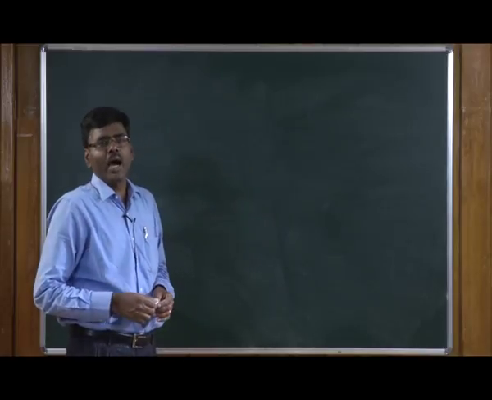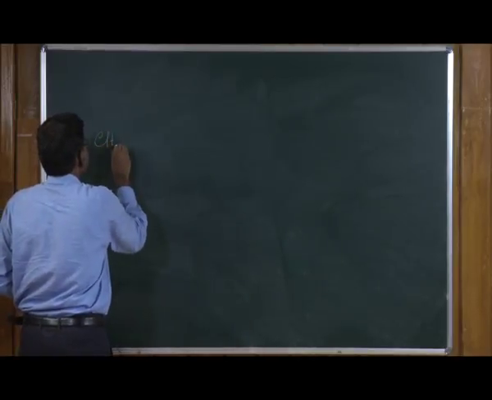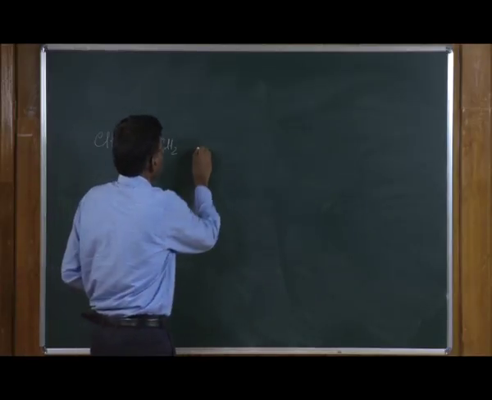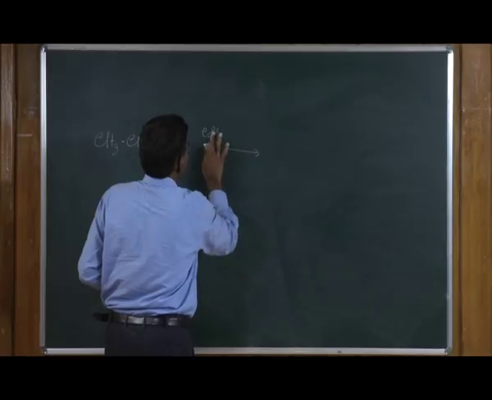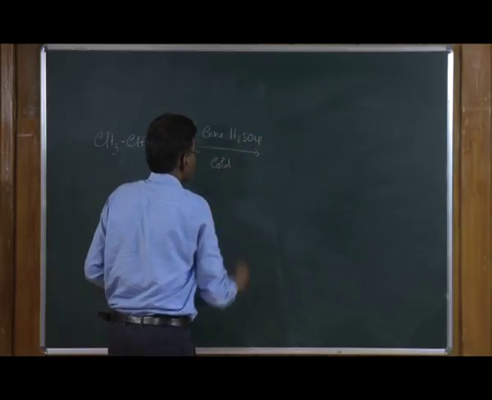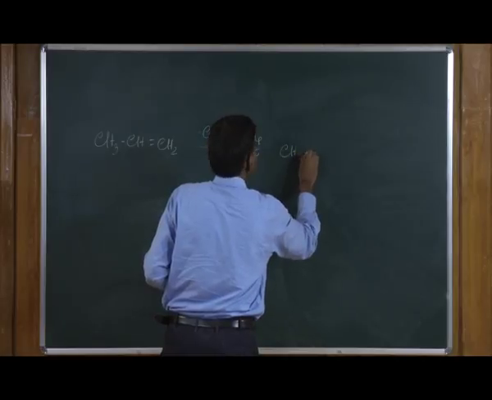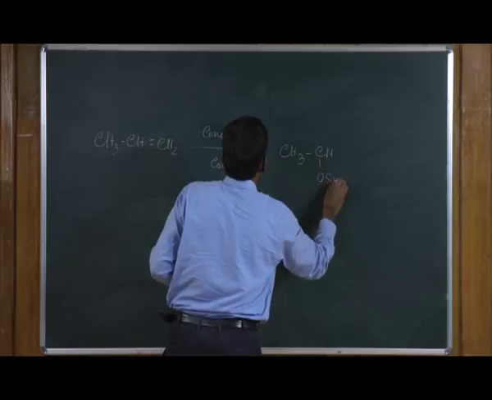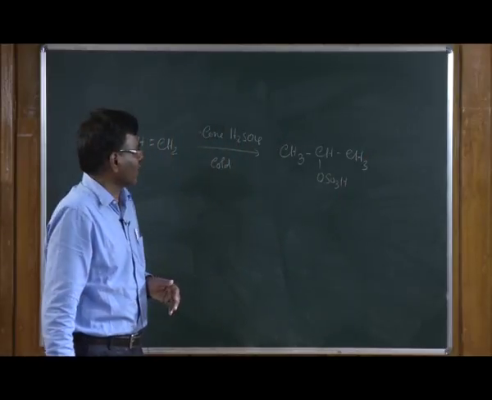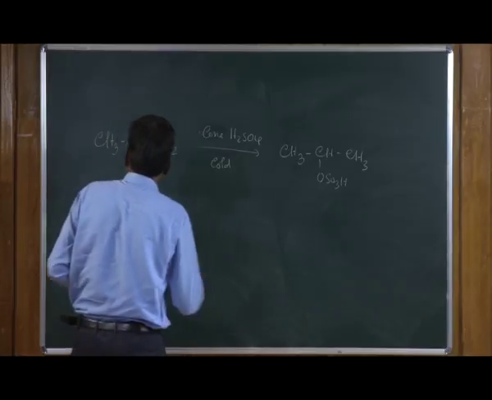Now, let us look at the addition of sulfuric acid to alkenes to give alkyl sulfates. Let us take propene as an example. When you treat propene with cold, concentrated sulfuric acid, cold conditions undergo addition to give the secondary alkyl sulfate as the major product in this reaction. This reaction also involves electrophilic addition, and if you look at the mechanism,